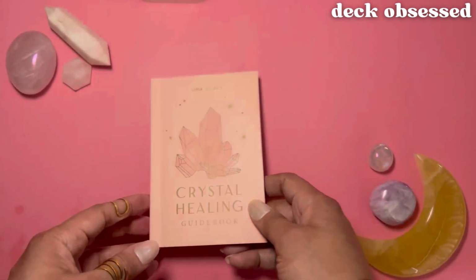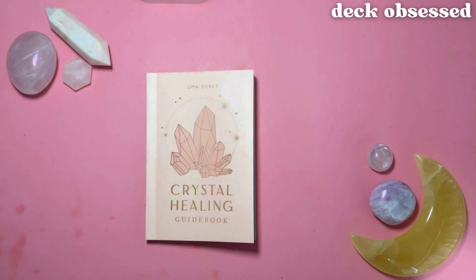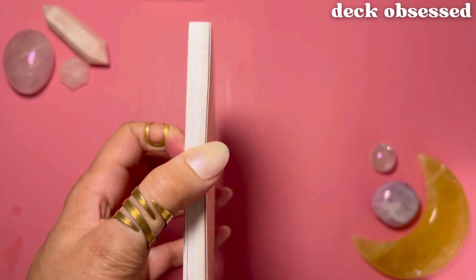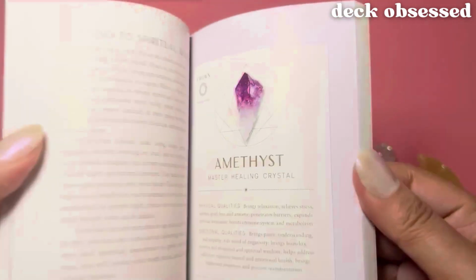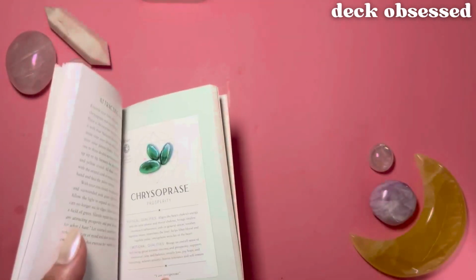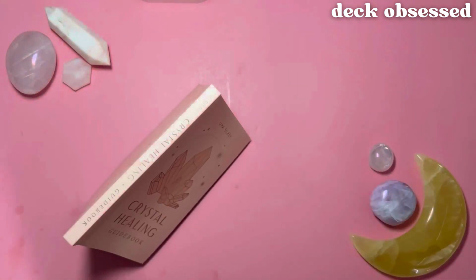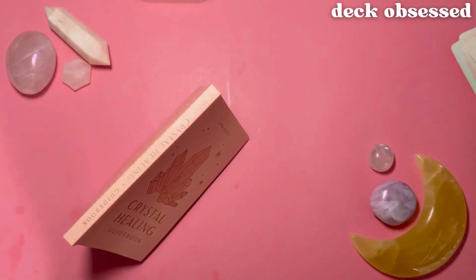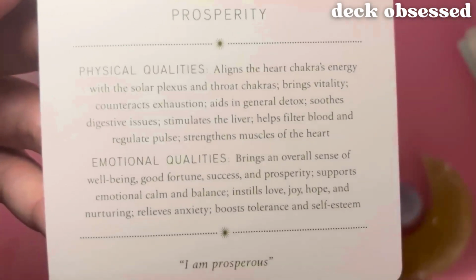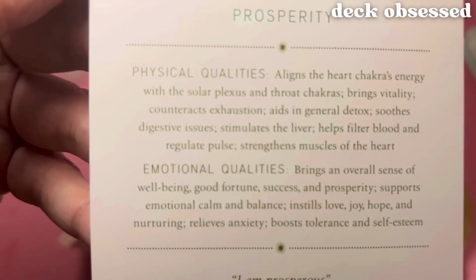So what I'm going to do now is read a sample page so you can get an idea of what more the book offers. And I'm going to read Chrysoprase, which is on page 96. And I might as well go ahead and read the information on the card for anyone who didn't get a chance to read that. So starting off with the card, the physical qualities of Chrysoprase are: